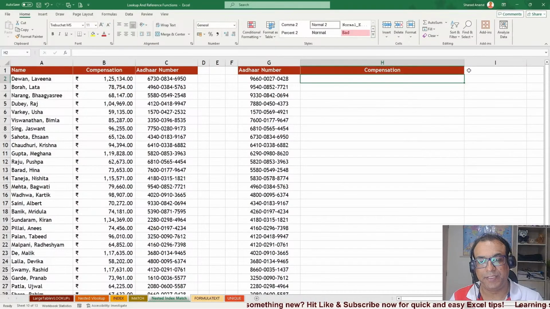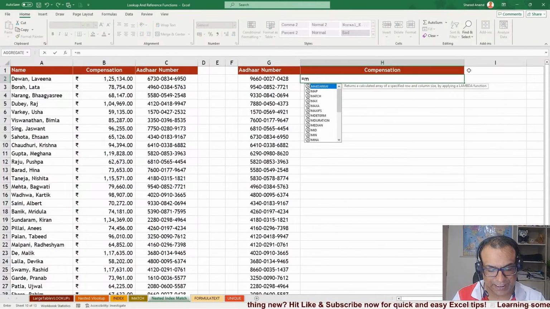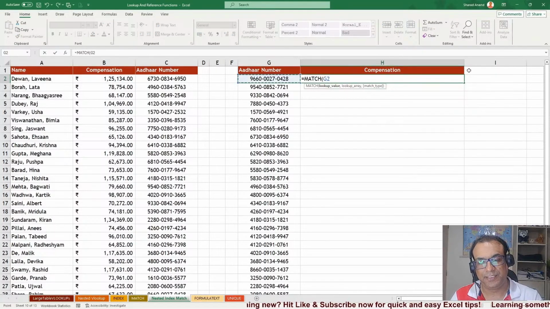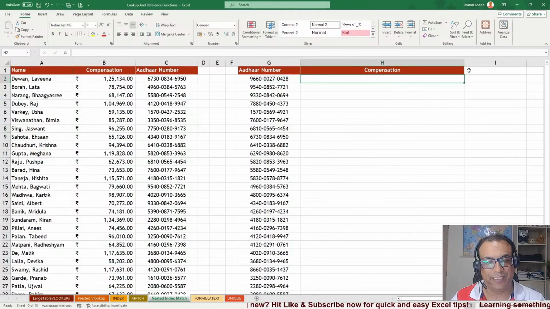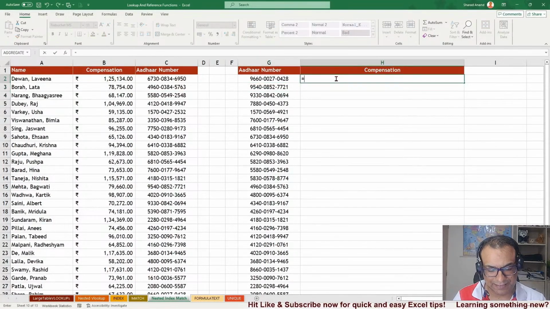Remember, the MATCH function will give me the row number. If I use a MATCH function, I will get a row number. So I'm going to use a MATCH function here. Match. Which value? This value. And before we do, let me clear your doubt: are these physical dashes or virtual dashes? These are virtual dashes, and this is also a virtual dash. So don't worry. So equal MATCH